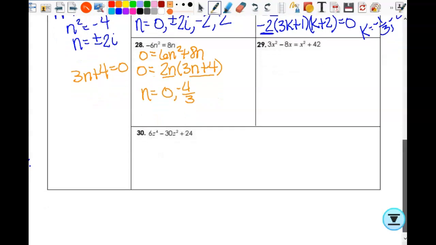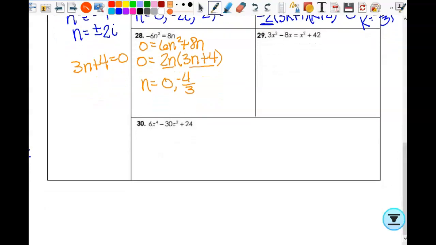All right, let's look at 29. So the first thing I need to do is set this equal to 0. Should I move it to the left or the right? Left. This way, right? Okay. So when I subtract, I'm going to get 2x squared minus 8x minus 42